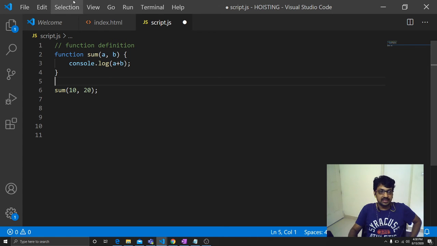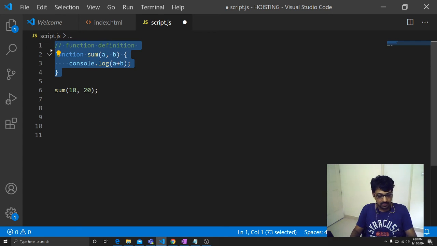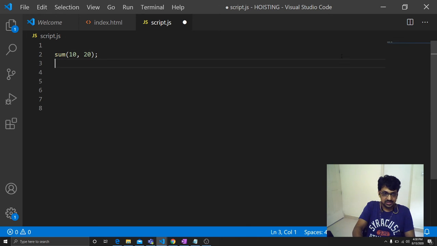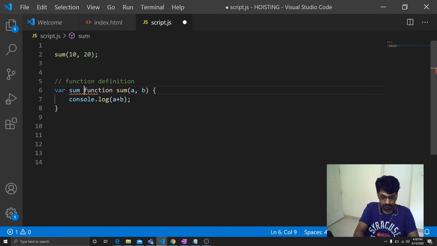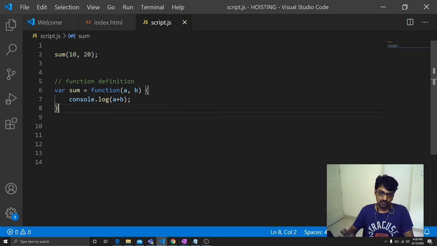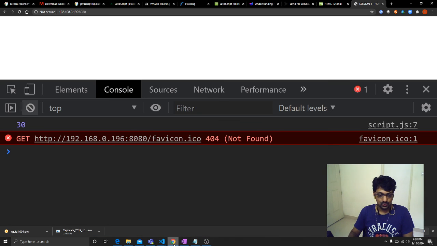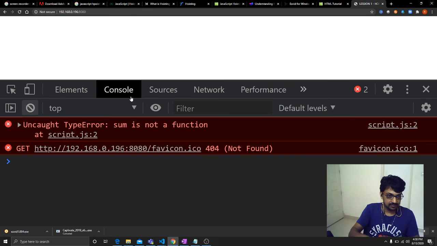So let's replace the same function definition with a function expression. Okay, I have saved the file and now let's see what the output will be.